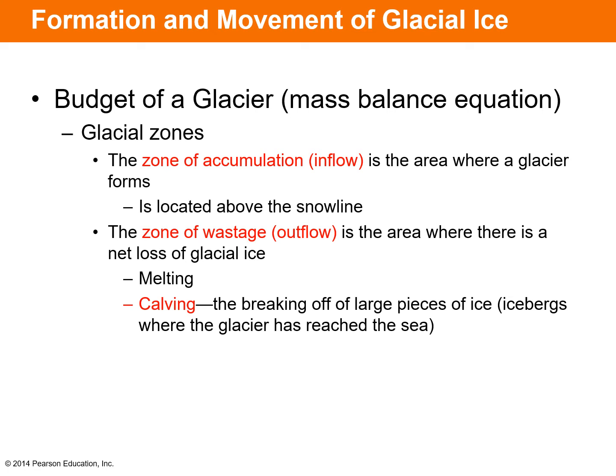So moving on from the movement of the ice, let's talk more about the budget of a glacier, or the mass balance equation that causes a glacier to grow or shrink over time. And this is particularly important these days, as a lot of glaciers all over the world are under threat, and it's because the results of this mass balance equation have been altered by changes to climate, be they changes to temperature or changes to precipitation, magnitude, or timing.